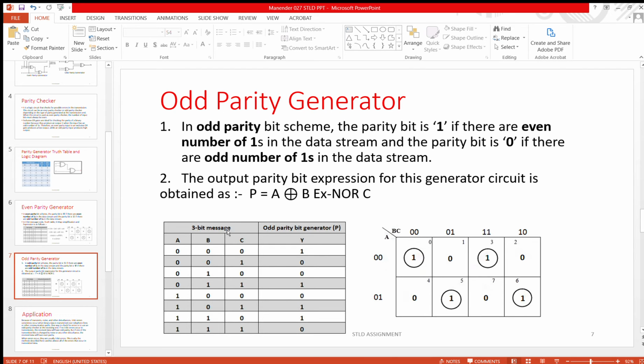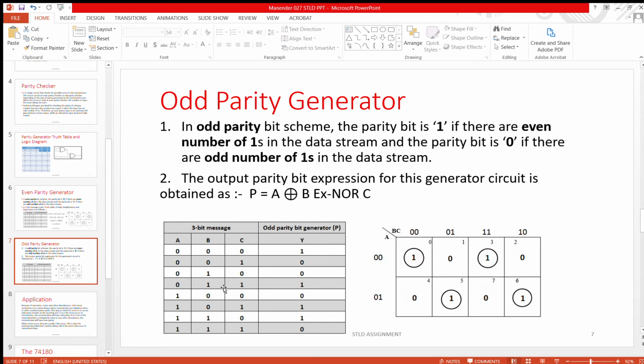In a 3-bit message, we can take an example of this row. Here the number of 1s is 1, hence it is odd. Therefore, the odd parity bit changes into 0, and the total number of ones in the whole message is 1. Now, to check whether the transmitted data has an error or not,